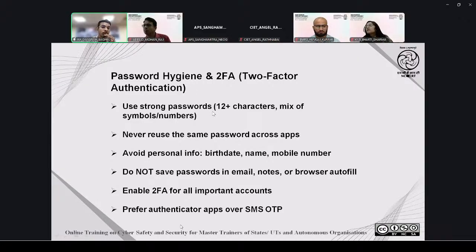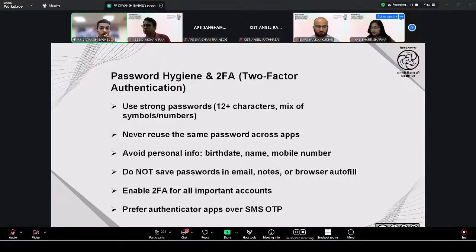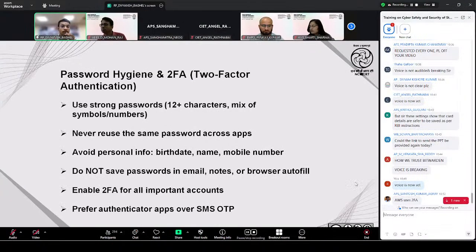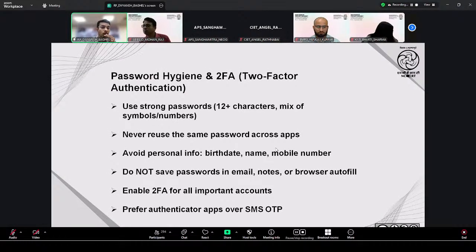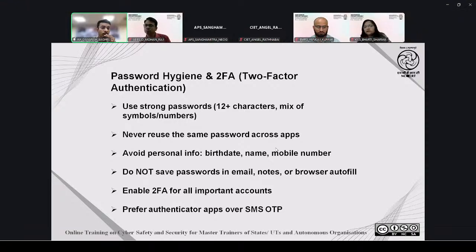Use a strong password. Always use 12 plus characters, a mix of symbols and numbers. Never use the same password across apps. I've told this before. Avoid personal info: birth date, name, mobile number. Do not save passwords in emails, notes, or browser autofill. Enable two-factor authentication for all important accounts. Prefer authentication apps or authenticator app over